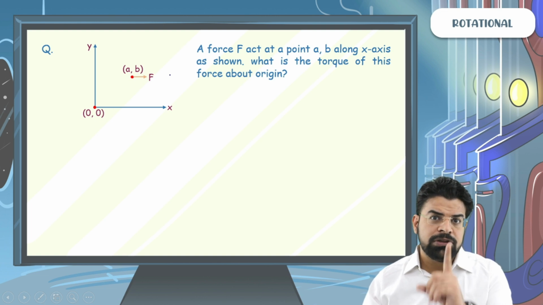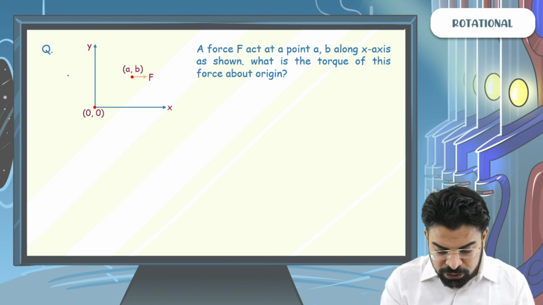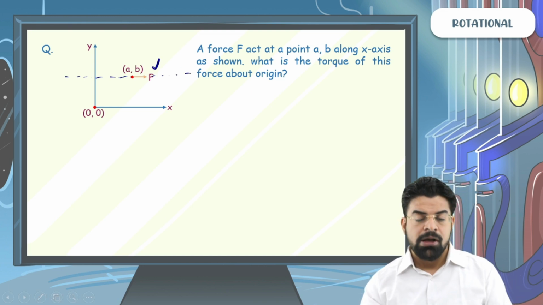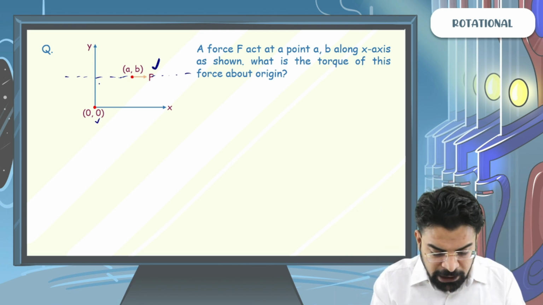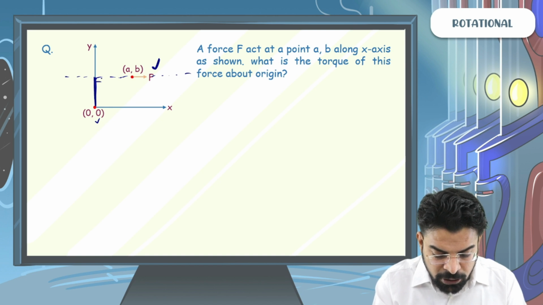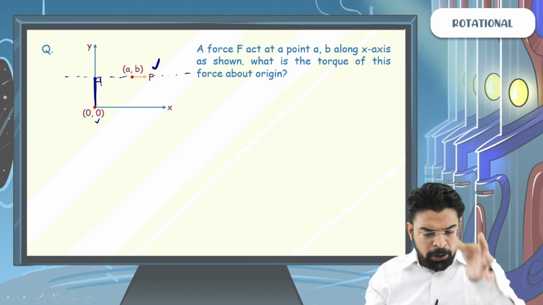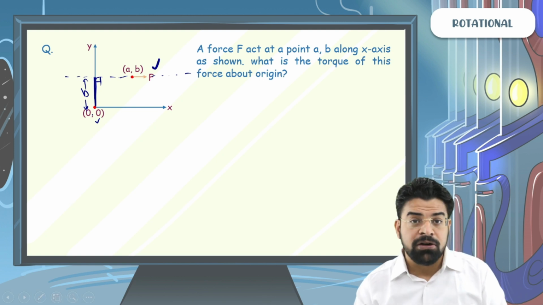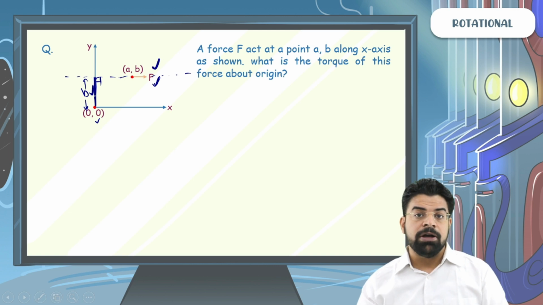To use force times length perpendicular, what to do? Extend the line of action of force. So here, extend the line of action of force. This is the line of action of force. How much is the force F? Once you have thought of the line of action of force, drop a perpendicular from the point about which you wish to write the cross product. So you have extended the line of action of force. You have dropped a perpendicular. The length of this perpendicular will be B. So how will you write the torque? The torque will be simply equal to force times length perpendicular. So the torque will be equal to FB.